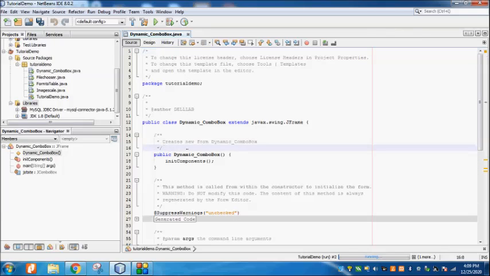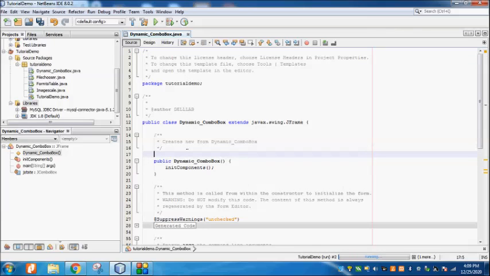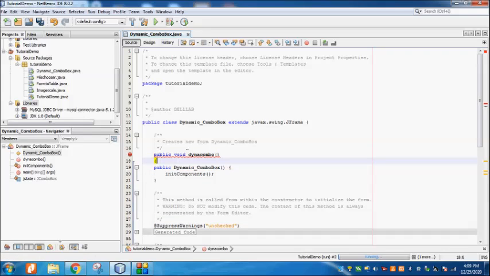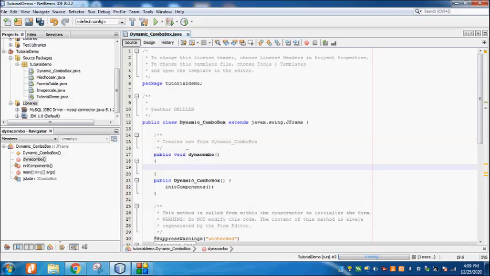I will define one separate function over here. I'll give the name of the function: public void dynaCombo. So the name of that function is dynaCombo. Inside of that function I have to write the code.